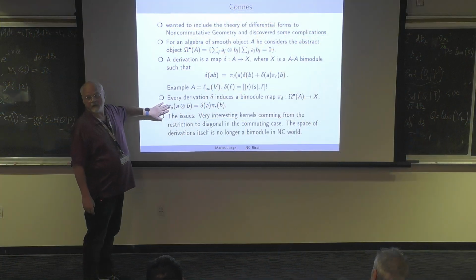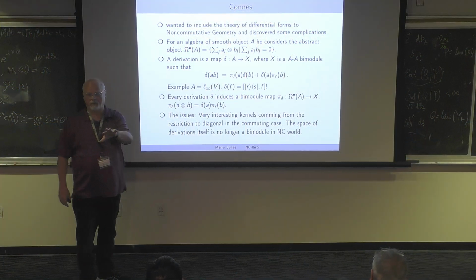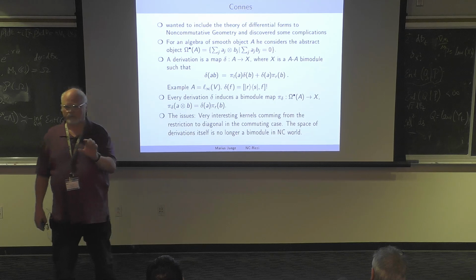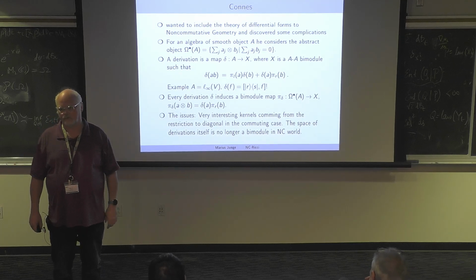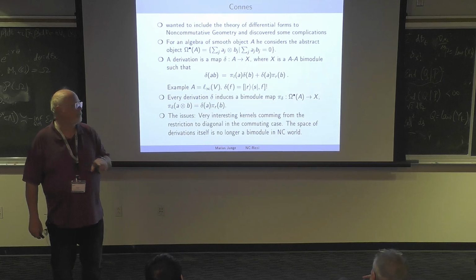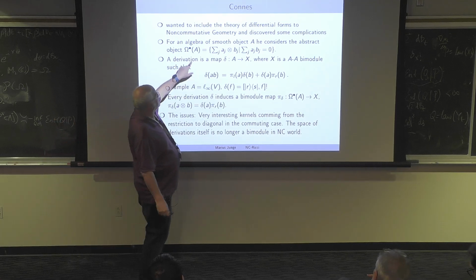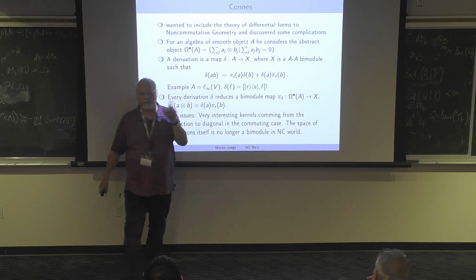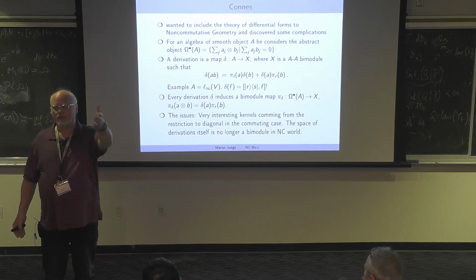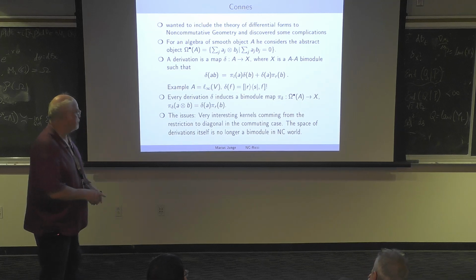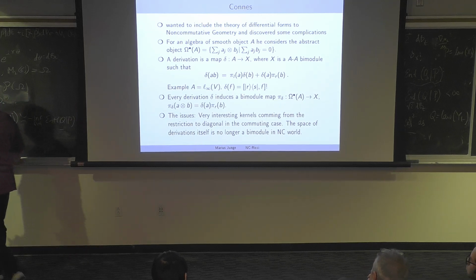That is true. You can also just check this statement. This is one of the pages which you can read in Kahn's book. It's really on one page. You do the calculation, you see this is the right definition. Because what is the universal derivation? You send A to A tensor 1 minus 1 tensor A. And then if you do a right module, you just end up automatically. So the universal derivation is